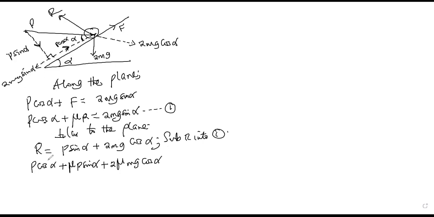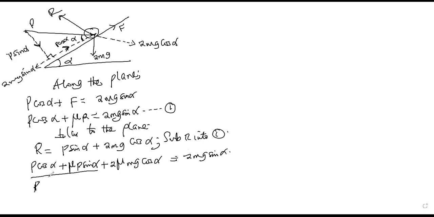So this is it. P cos alpha plus mu into R. So I've multiplied mu here. Mu P sine alpha, 2 mu mg cos alpha. And this is supposed to be equal to 2 mg sine alpha. Implying that those ones with the P, I can maintain them this side, and I bring this one this side. So I'll be having